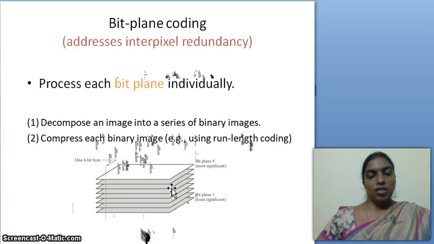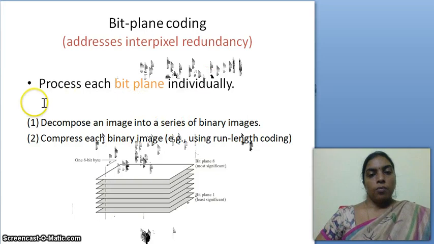Now the next coding technique is bitplane coding. This one addresses the interpixel redundancy. Here we process each bitplane individually. This bitplane coding is similar to bitplane slicing, which was discussed in the enhancement unit. Bitplane coding means we decompose the pixel bits into planes. If 8 bits are there,